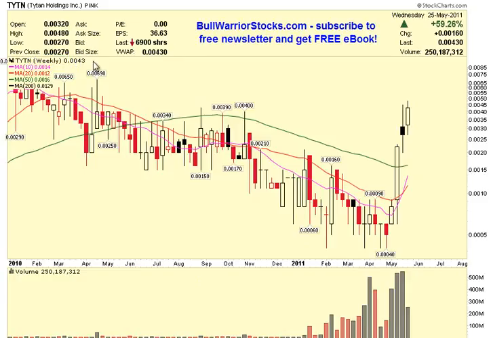So the first place where I want to start is just going over some of these support levels that the price has managed to hold and maintain. Actually, let me get this going real quick. There we go. And this key one is this green line right here. This is the 50-week simple moving average, and this is definitely an overall trend measurer. And you can see that